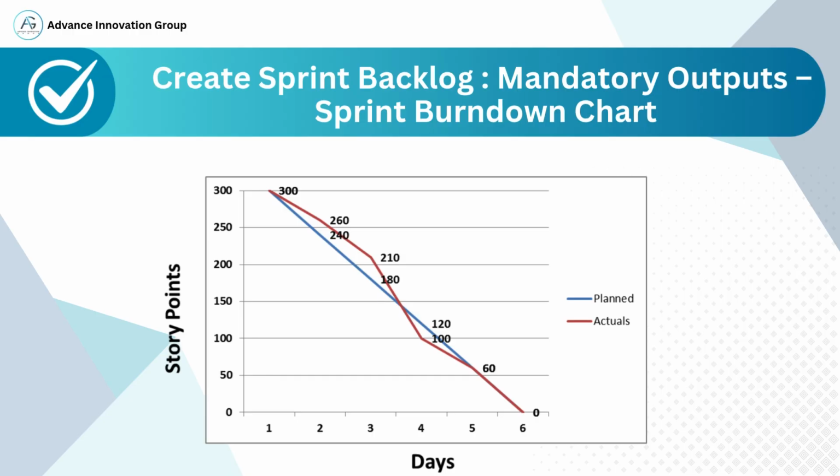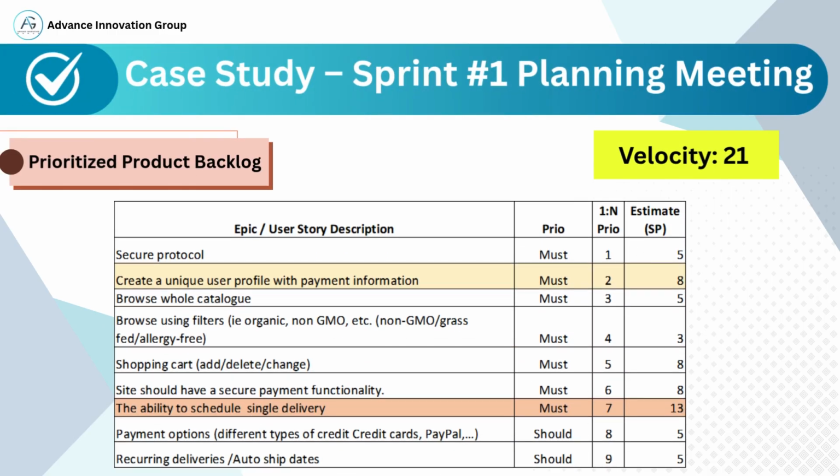By day 6, the actual line catches up, indicating that the team has managed to complete the committed work by the end of the sprint. This kind of real-time visibility ensures the team remains aware of their progress and can take corrective actions early if needed. This slide presents a case study of Sprint Number 1 planning, focusing on the selection of items from the